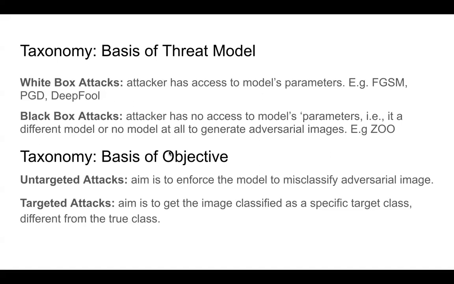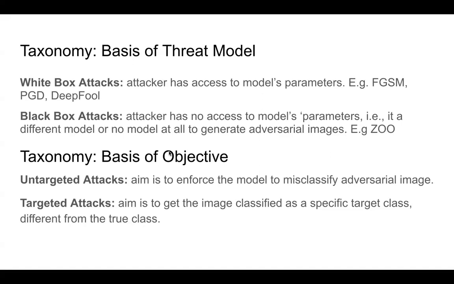So then you pass the adversarial image to the model, and that model is telling you it's a cat, it's a dog, even though it's clearly visible that it's a cat. Okay, so coming back to the taxonomy,